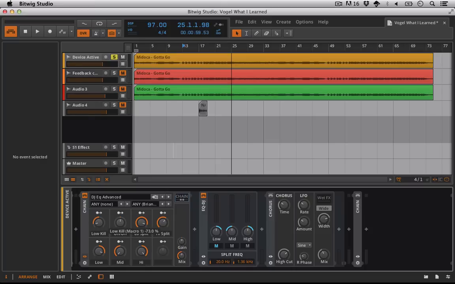I can pull back on this low kill, and after I go below 50%, it mutes. Anything above, and it turns on. So the real practical application of this is in more of like live performance. So if you don't want to have your EQ DJ open, you can just have this macro control setting here. Double click it to like bring in those lows. If you're doing like a little beat matching transition type thing, you know, killing one low end, bringing in another. And so to do that,